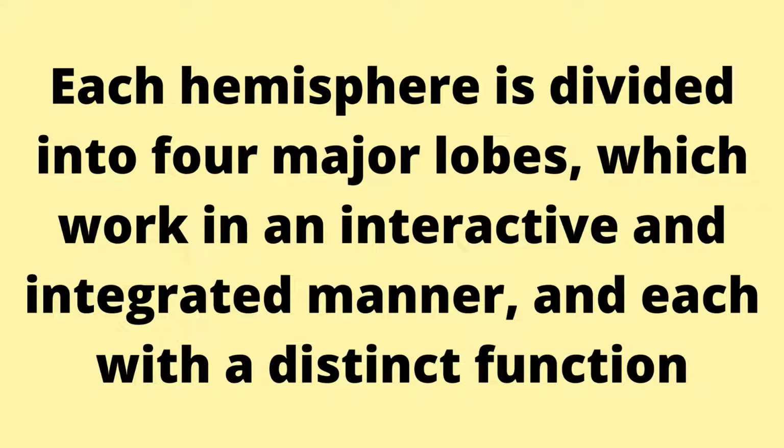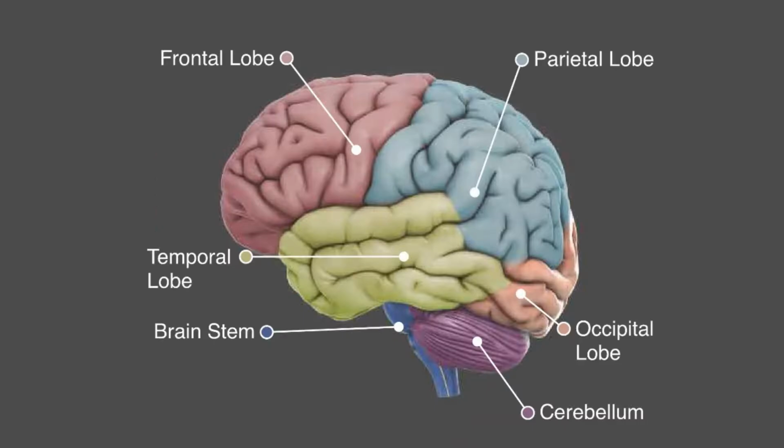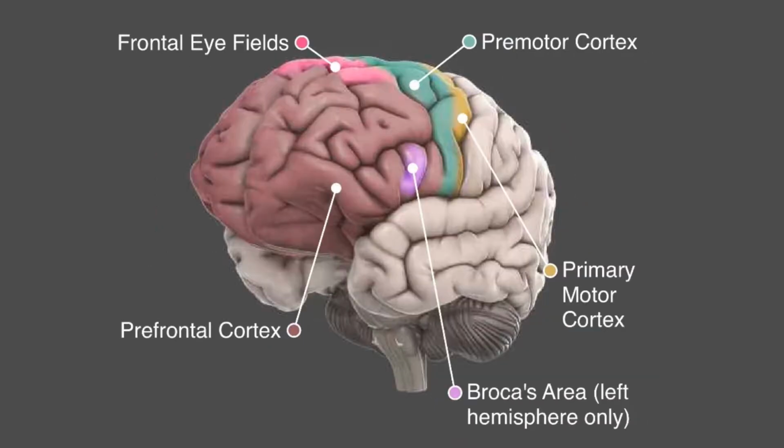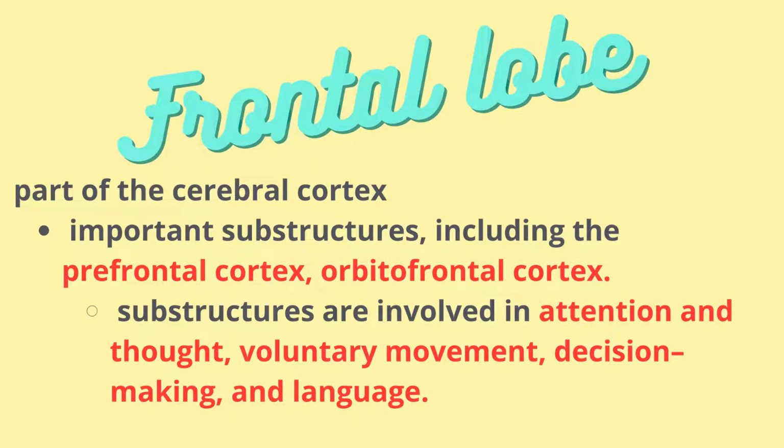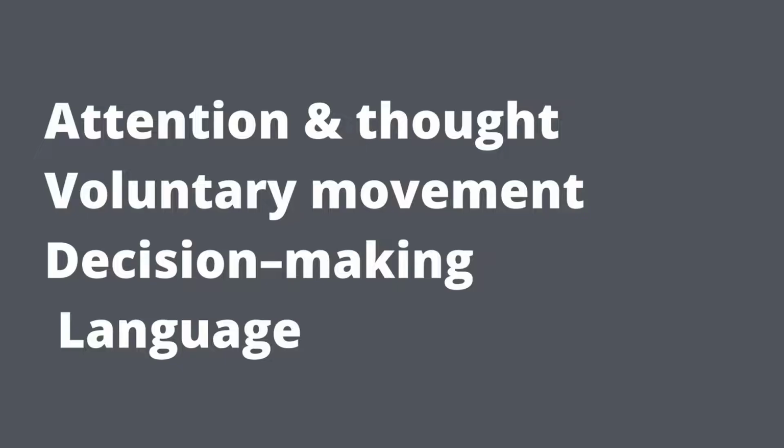And each of these lobes has distinct functioning. So let's start with the frontal lobe and talk about its functions. We know the frontal lobes are part of the cerebral cortex and are the largest of the brain structures. The frontal lobe contains a number of important substructures, including the prefrontal cortex and orbital frontal cortex, just to name a few. These substructures are involved in attention and thought, voluntary movement, decision making, and language. There are many functions of the frontal lobe, but I do want to focus on just a